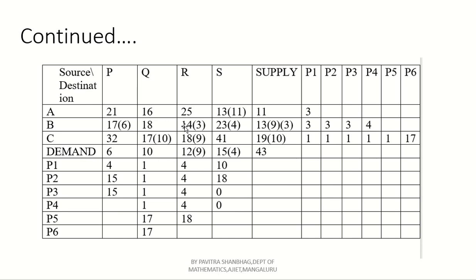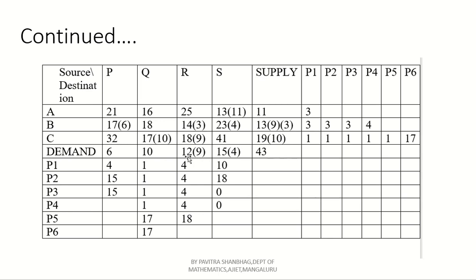Now what is the minimum value allocated here? See here, the demand is 12 and the supply is 3 remaining. So it is better to take the least value term, because we can easily assign this smallest value here. Of 12 and 3, 3 is the least element, so assign that 3 to this particular column. Then this row vanished again, and simultaneously we have to remove this 3 from the demand 12.